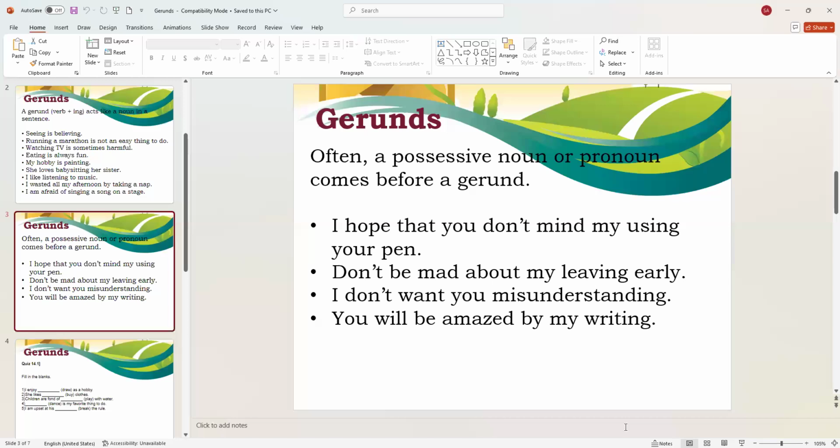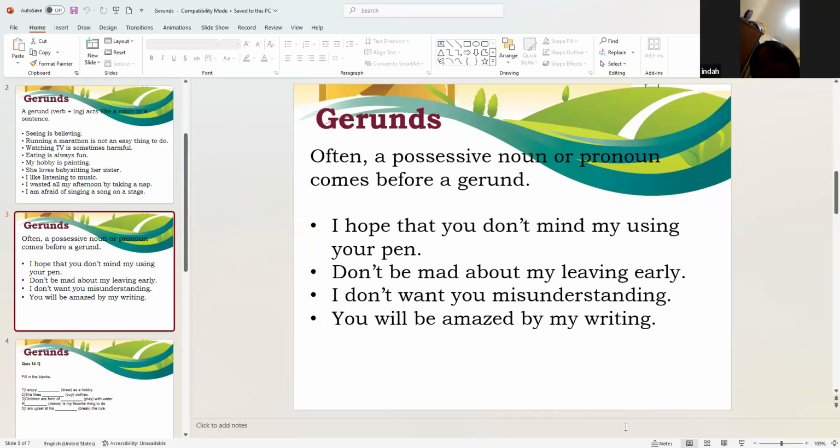Yes, pronoun. I remember. Okay, what is the pronoun of Alfonso? He. What is the pronoun of Inda? She, right? So these are pronouns. Look at this. How about possessive nouns? Possessive noun is my. Remember? Most of those that you can see from the examples are the possessive my.